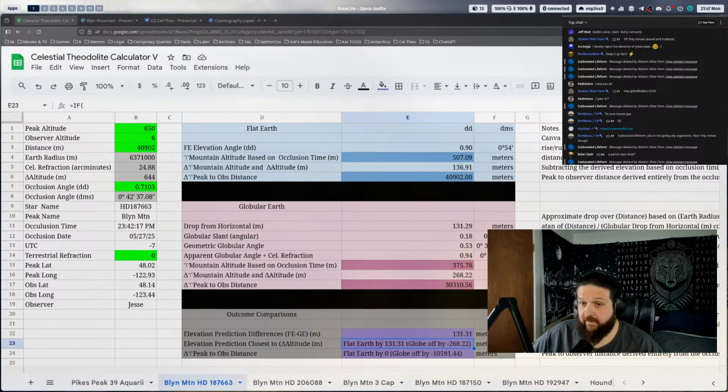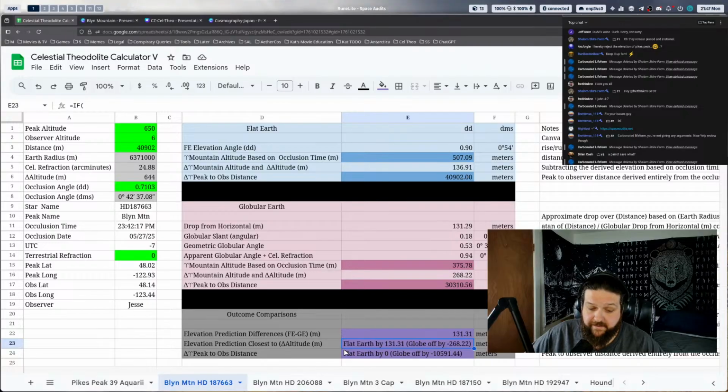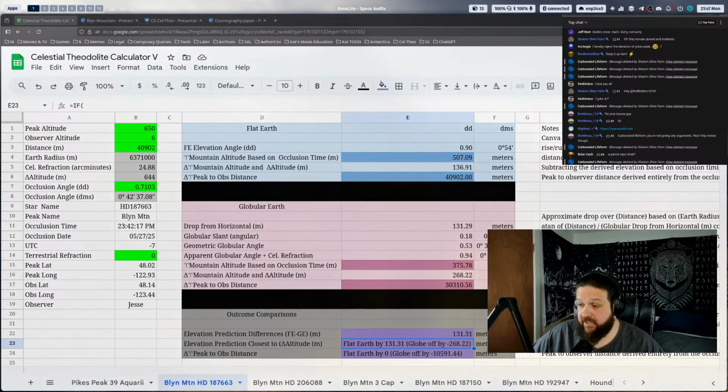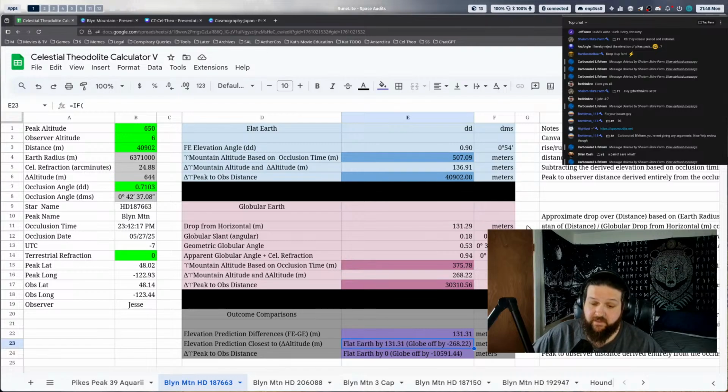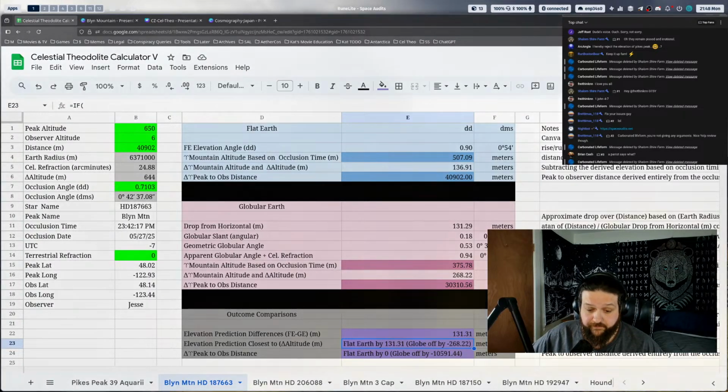And the thing that makes this so powerful is that with the globe, you have to tell it where you are, you have to enter your coordinates to find out where you're at on it. You have to know your time so you can know where that star is at that time, at that angle. You have to give it something. What we can do is only reference the angle and the elevation of the mountain to get our location. And that supersedes all of their predictions. They can only post-dict that.